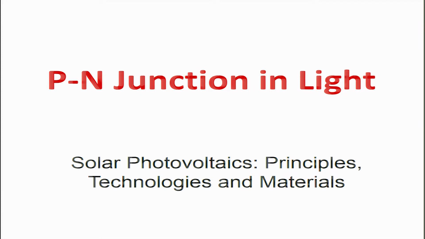In the lecture before, we did the analysis of the p-n junction in light, and we got the current expressions for electron current, hole current and the space charge region current, and we looked at simplifying those equations by making certain assumptions. The first assumption was, what will happen if you analyze them for a p-n junction in dark and without illumination, and that is straightforward. It should take you to the p-n junction in equilibrium, which means there is no current flowing. And then we looked at the case of the p-n junction in dark without illumination but with applied bias, and that should take us back to the p-n junction in dark without the bias.